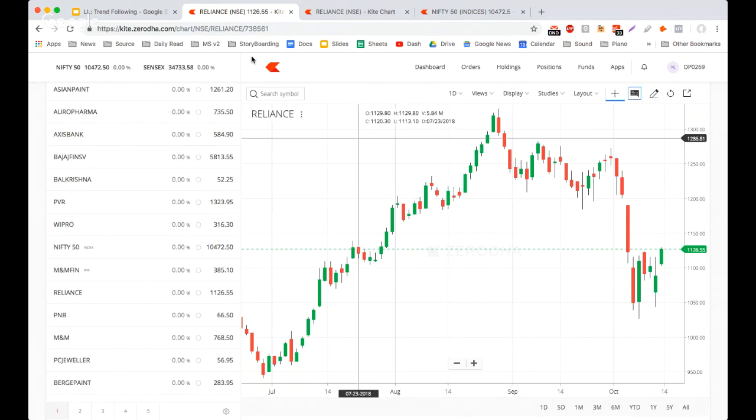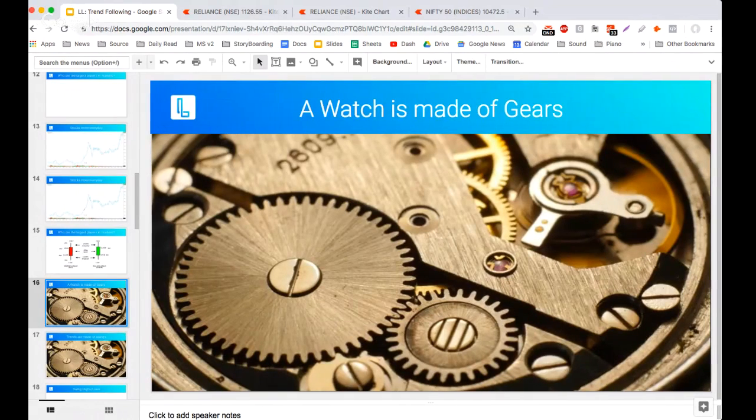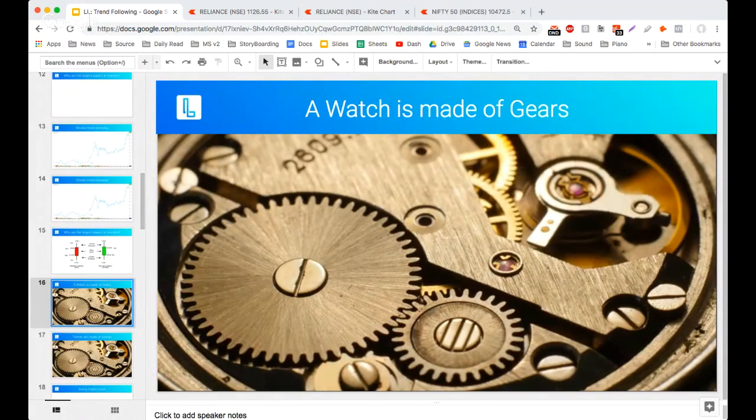Okay, now to understand that, just like you can't learn how a watch is built, you first have to build the gears. A trend is also made of gears. So we learn that part right now. Is everyone ready? Yes? Okay. Fantastic. Let's move forward. So trends are not made of gears, obviously, they're made of swings.